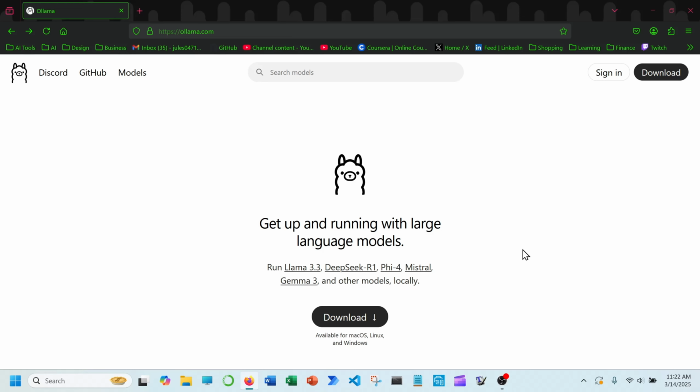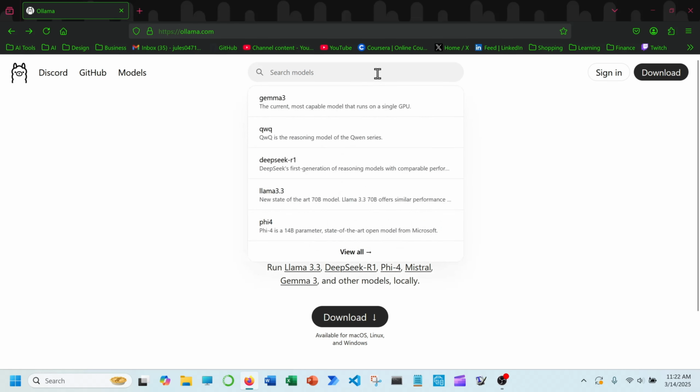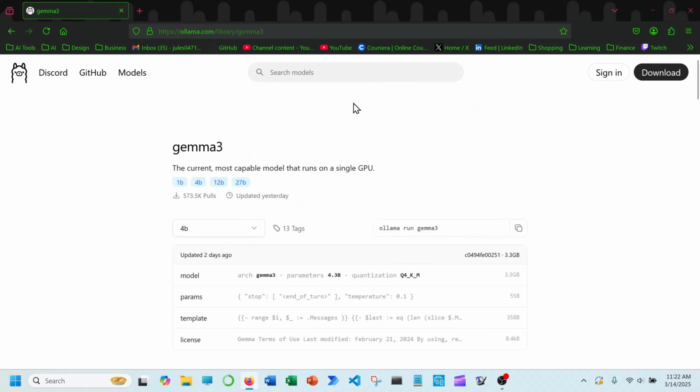In this video, I'm going to show how to download Gemma 3 from Ollama. Go to ollama.com, go to the top of the website, and find Gemma 3. All right, now that we have found Gemma 3, we see there are 4 different sizes, and we'd better read a little